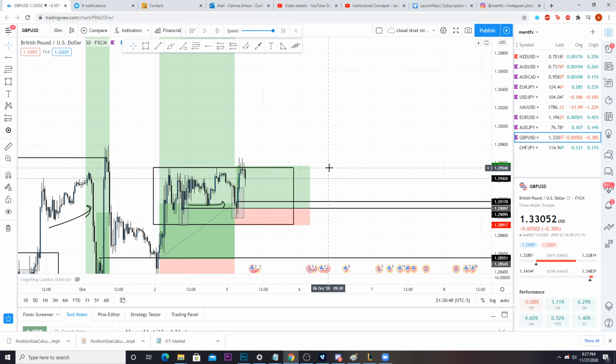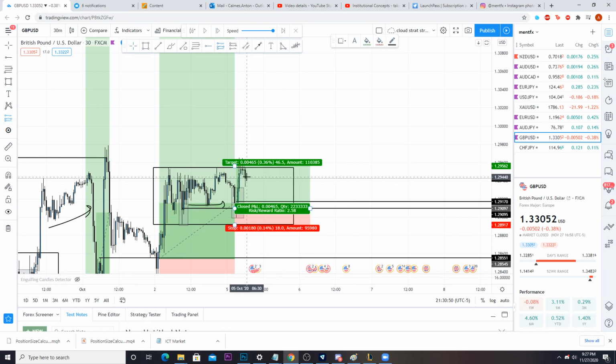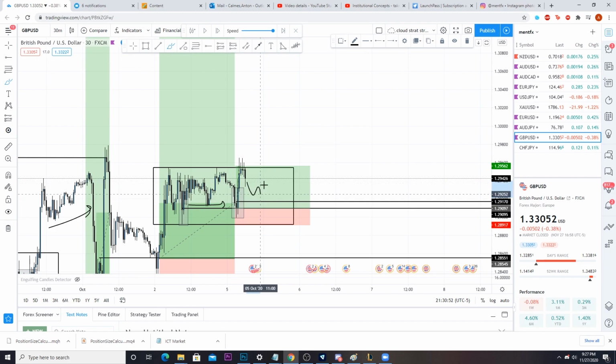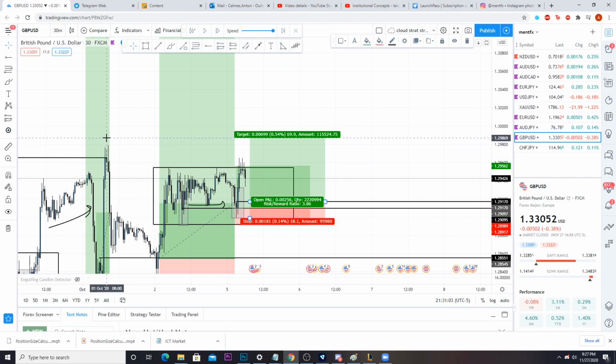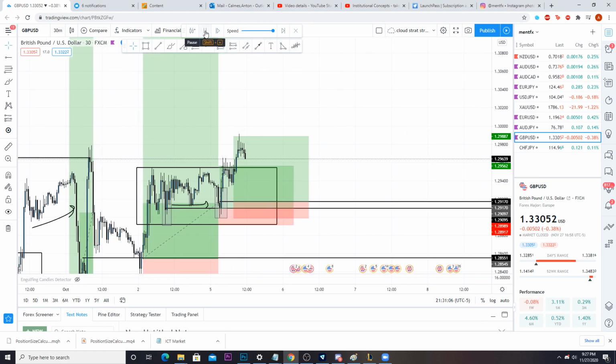Here you could look for an entry, right? So maybe you get lower and look for, on a lower time frame, that Wyckoffian setup to play out before going higher, right? And looking to trade that. Or you could just be entering this off of nothing else but understanding how price moves in terms of inefficiency, right? So you could be looking for this to target the highs here now, right?